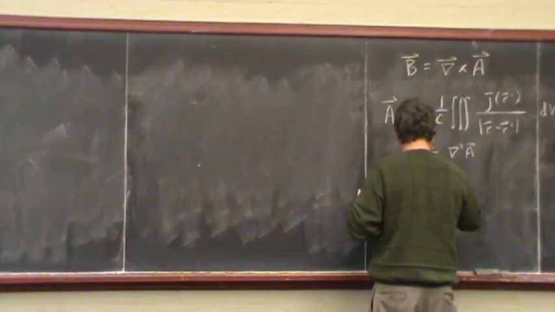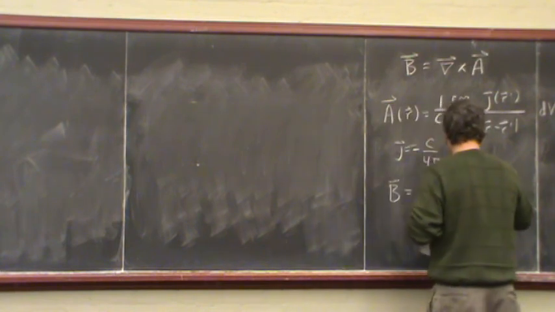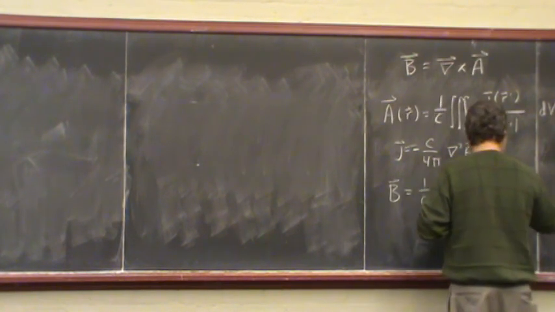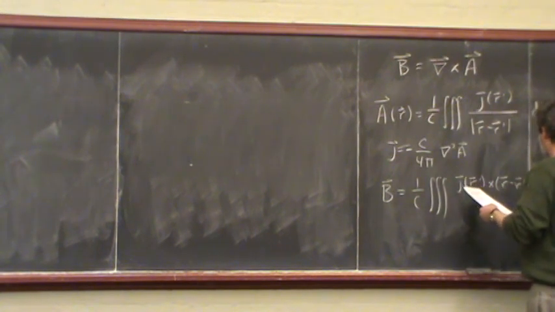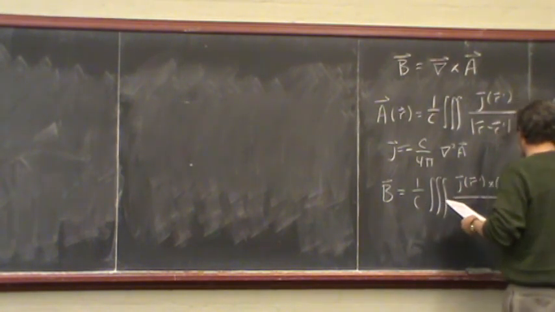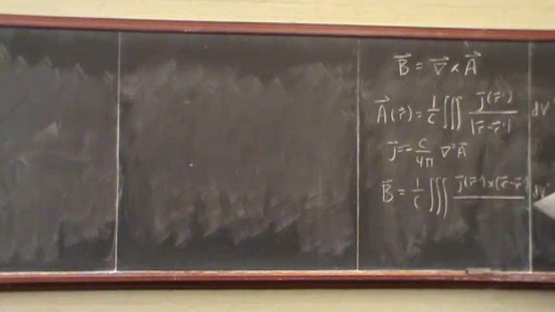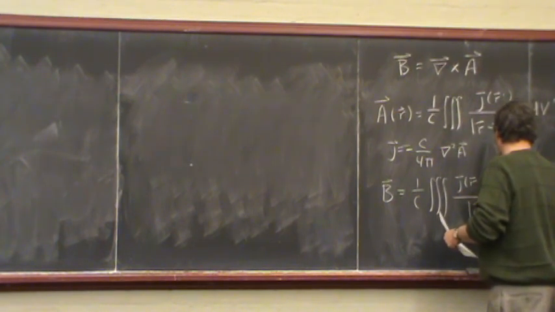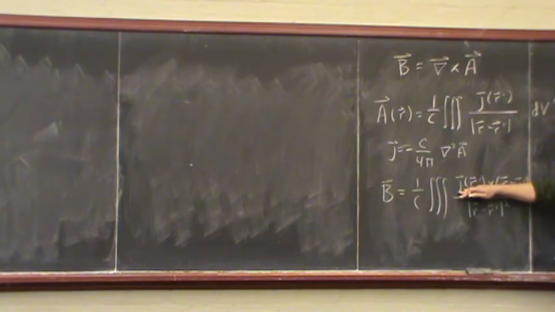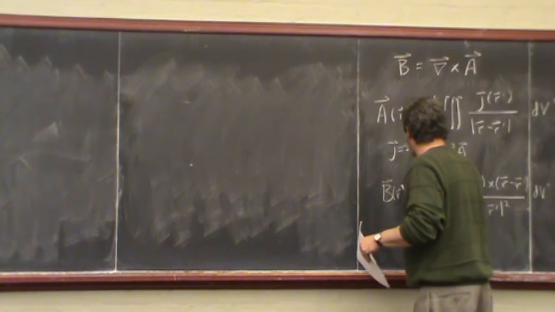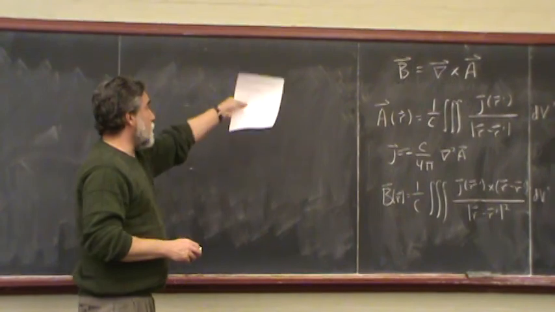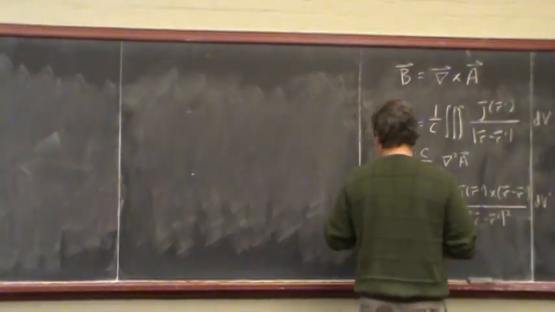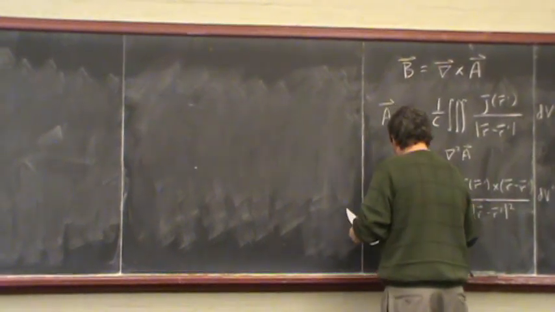The magnetic field is, now I could just write this as the curl because I know that, and I can just take the curl of that. But I'm writing it in this form because this is the one where I don't have to take any derivatives. And also I can just say, knowing the current density, I can solve for the magnetic field. That's the magnetic field as a function of position r, and the currents are all at r prime. Knowing that relationship up there, I can write one more for if I know the magnetic field, then the